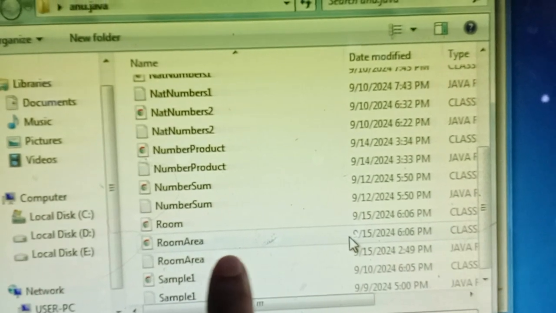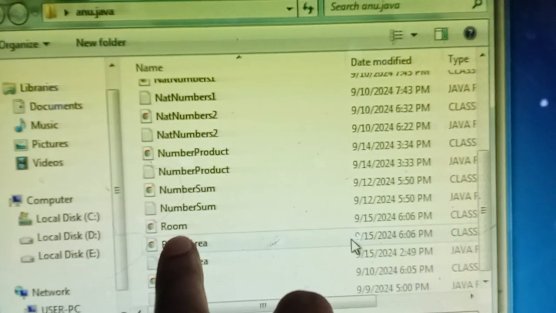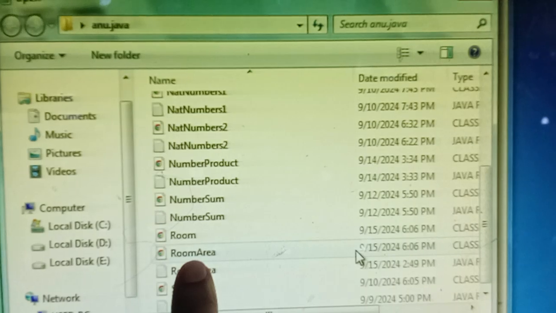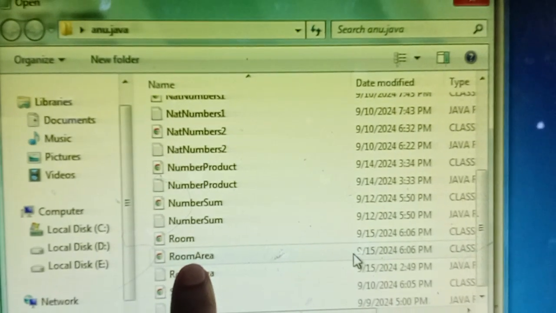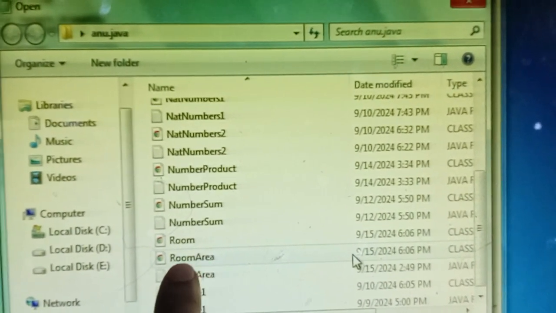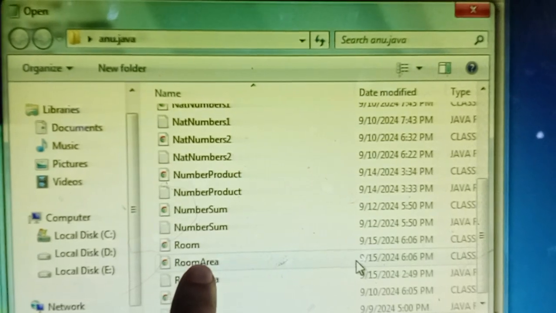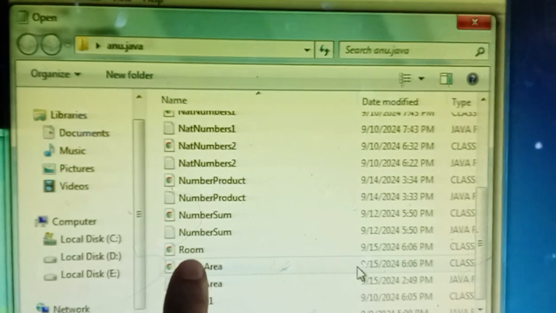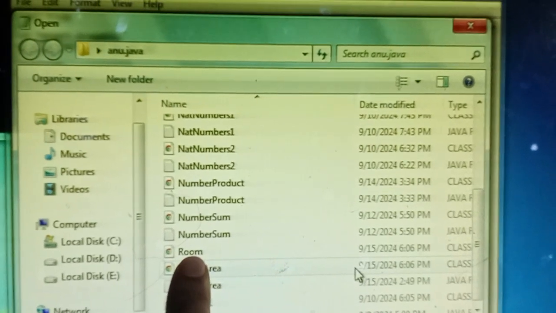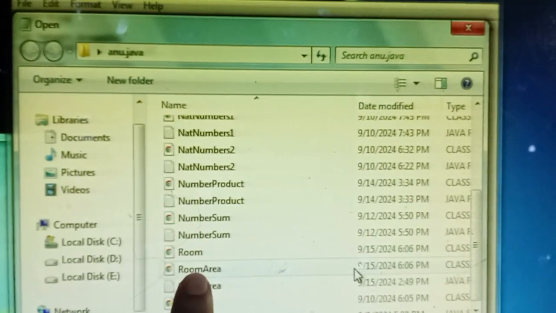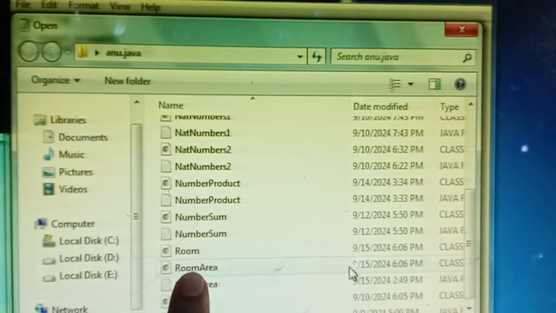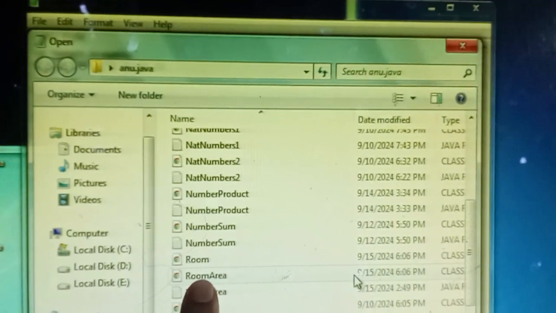Next, here we are having the RoomArea class and the Room class. For these two, class files are created. But while executing, what will run? The RoomArea class will be executed, right? Because the Room class is not having any main function, and this one is having the main function. So the class which is having the main function will be executed during execution.